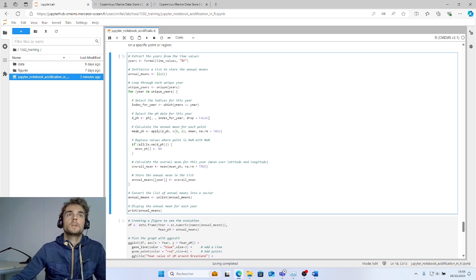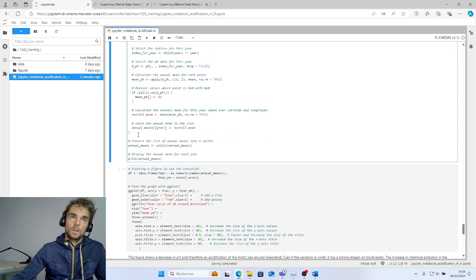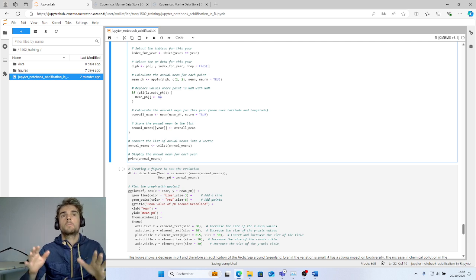for each point, and if there is some non-value, no value at some point, we put none. And after we calculate the average on the overall map for 1 year and store the annual mean in the list.